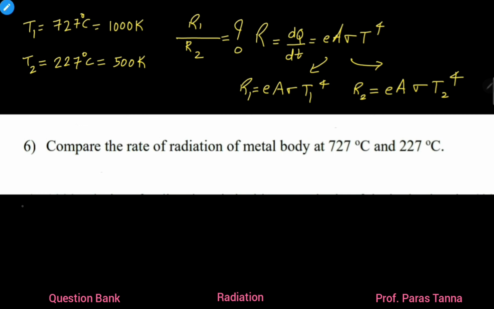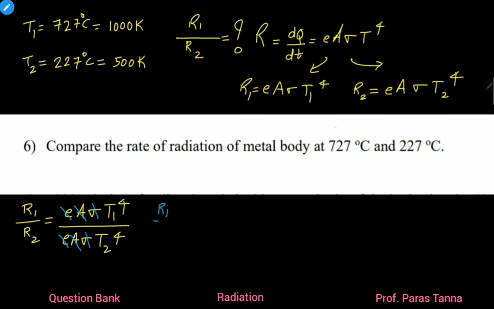So the required ratio R1 divided by R2 is equal to EAσT1 raised to 4 the whole upon EAσT2 raised to 4. Now students, the coefficient of emission E gets cancelled, surface area gets cancelled, Stefan's constant sigma also gets cancelled. So we get R1 divided by R2 is equal to T1 divided by T2 the whole raised to 4,